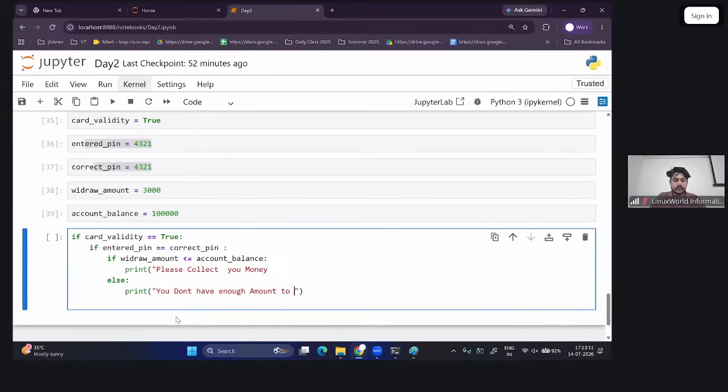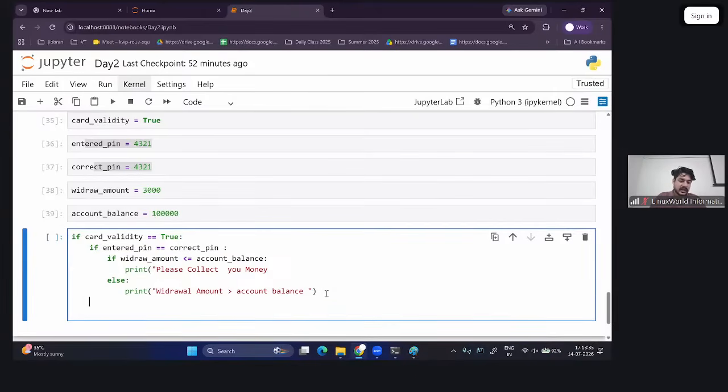So I'll tell when you don't have enough amount, instead we'll tell withdrawal amount is greater than the account balance. That's it. तो ये एल्स ब्लॉक में ये रन होगा।